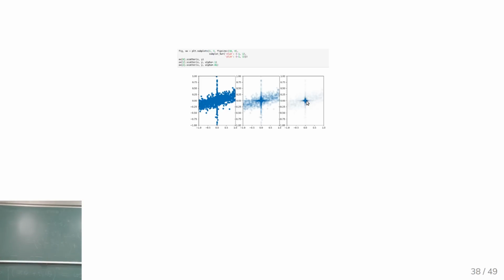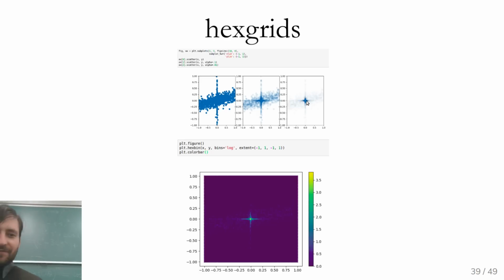Any ideas? Anyone looking at the slides and clicking forward? It's hex grids. Hex grids are amazing. Basically what you want to do is,